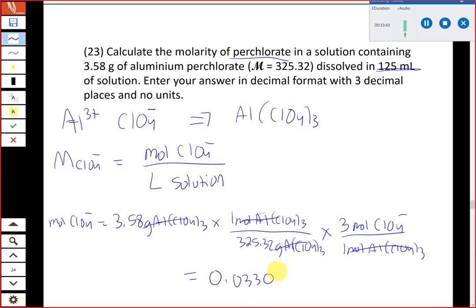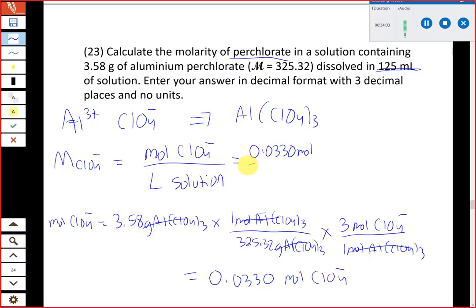So you have to pay close attention to what we're asking you for the molarity of, whether it's the molarity of the whole compound, or in this case, just the molarity of one of the ions, and make sure that we get how many moles of that specific ion we have. So that's the number of moles, and so we can now put this in. We have 0.0330